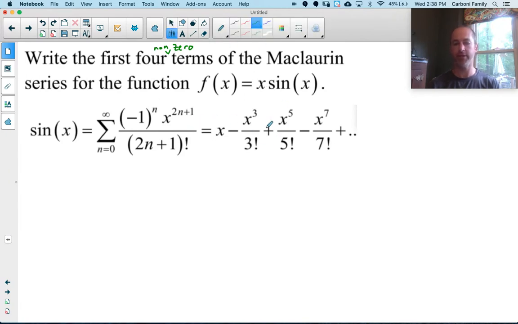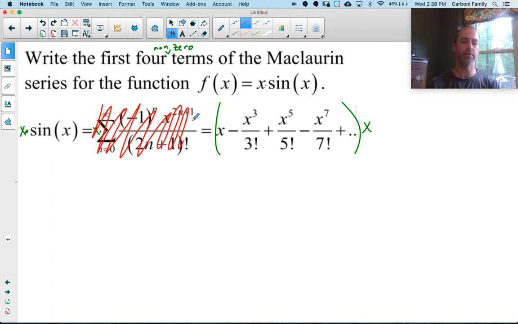And this is going to be pretty straightforward. We have sine x. If I want x sine x, I will simply multiply the sine x by an x. However, if I multiply sine by an x, I have to multiply everything in this equation by an x. So I could multiply this general formula by x. I also need to multiply this by x. Now, this problem does not ask for a general equation. So really, I can ignore this middle piece right here. And my series for x times sine x,